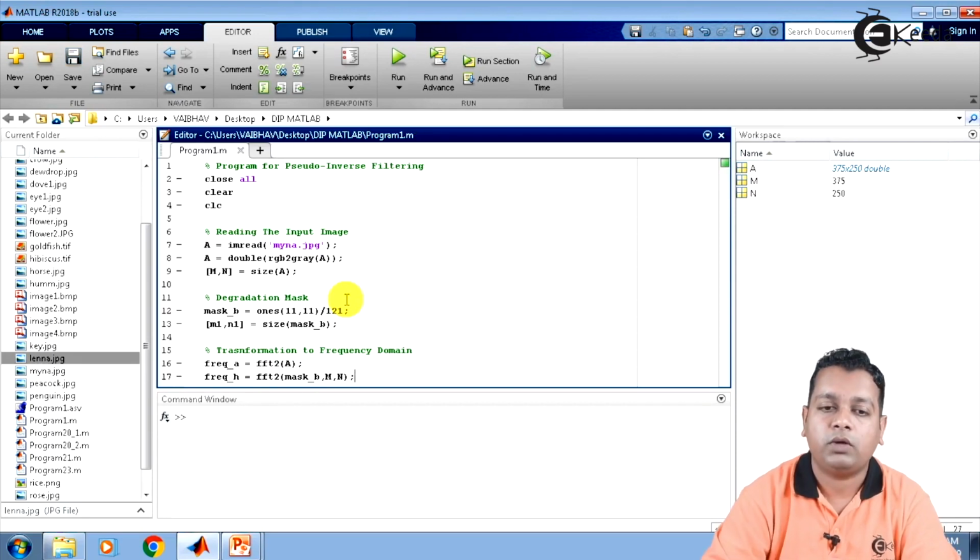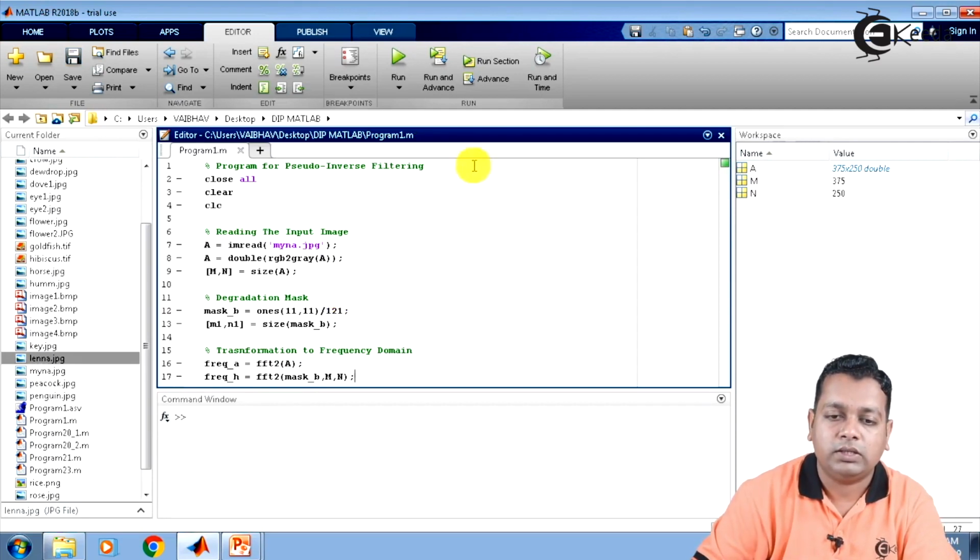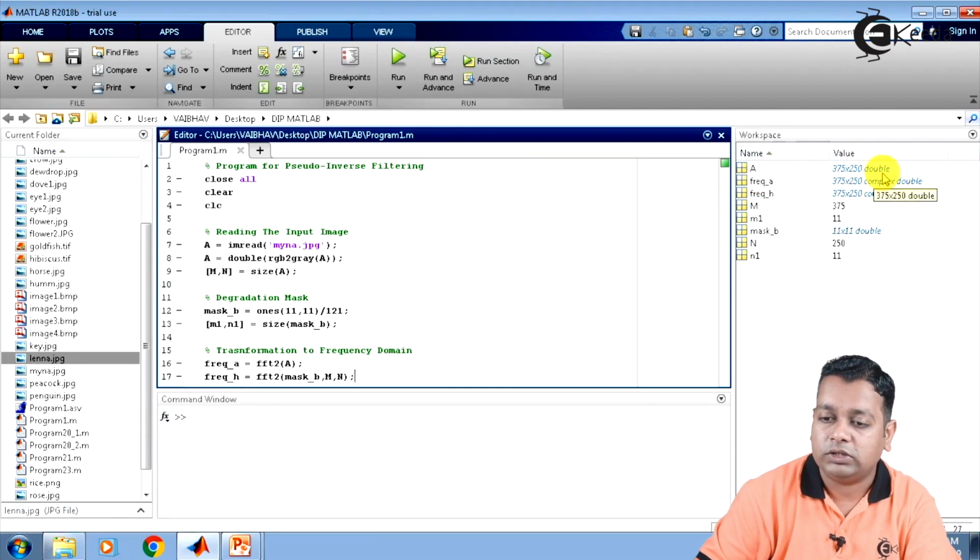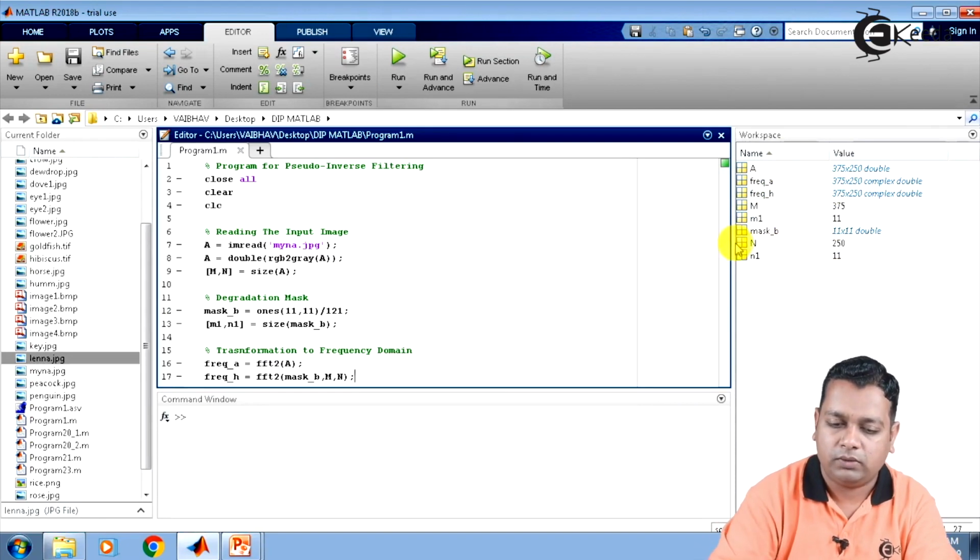So this much of the script we have saved. Let us run and check the variables. Here we have capital A, 375 by 250, double type. In the frequency domain, freq_a is again 375 by 250, complex double type. The dimensions of the degradation mask and that of the input image are also saved here.